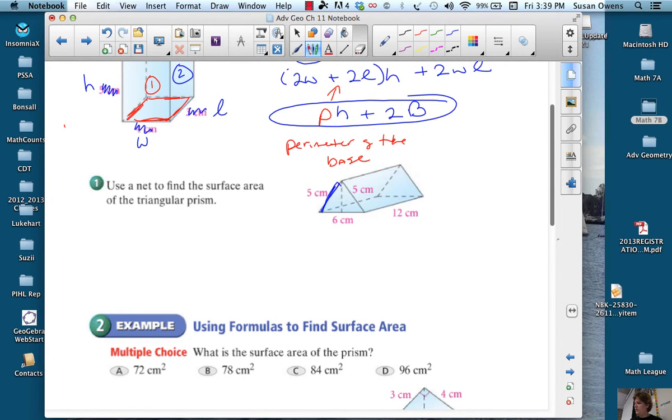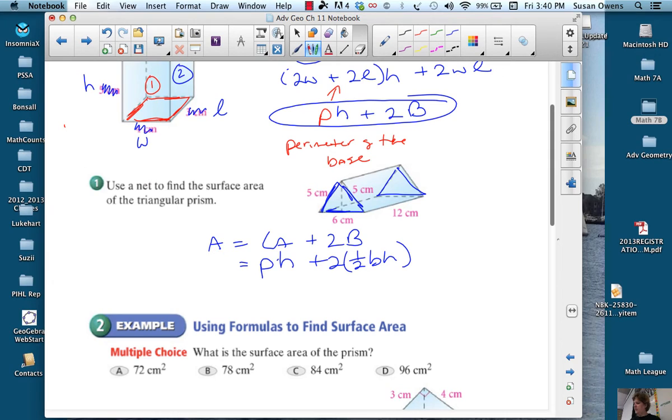So what I'm going to do is when I do my formula, these triangles are the bases. So the area of this is going to be the lateral area plus both bases. And the lateral area is just the perimeter of the base times the height, and that's got to be perpendicular, plus the 2 bases. And the bases are triangles, so it's 1/2 base times height. A lot of times I'll write a generic formula, lateral area plus 2 bases,